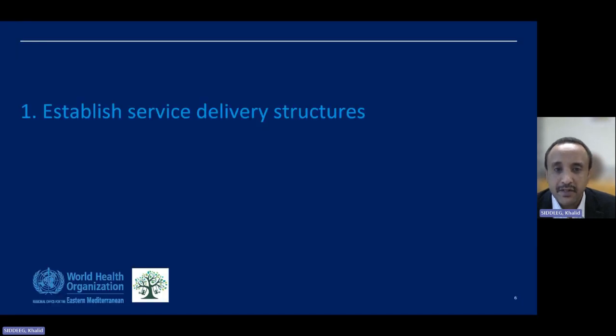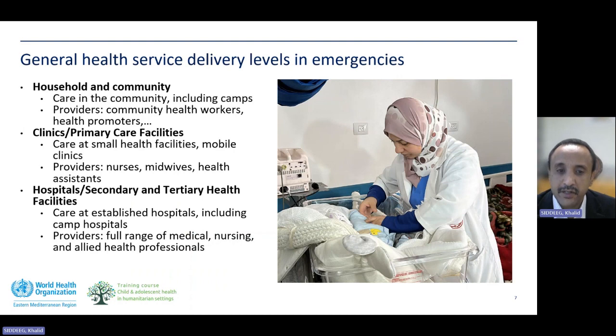Starting from established service delivery structures, it is well known that during emergencies, similar to normal settings, we are still using the 3 levels of care for healthcare services. We need to have services provided at community level, at PHC level, and also at hospital and tertiary care level. At community, this is the care at community and household, and when we say community in emergency settings, sometimes this also includes camps. These services are usually provided through community health workers, community health promoters,